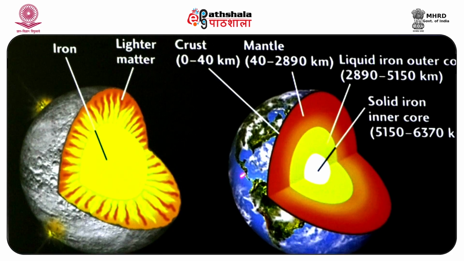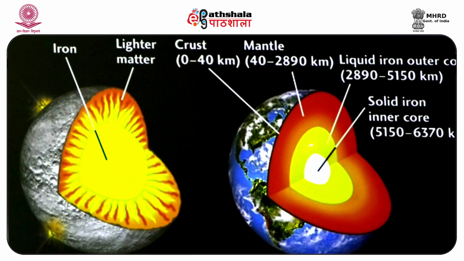So, the crust is the portion where we live. This is about 40 kilometers deep, and from 40 kilometers to 2890 kilometers we have the mantle, which is convecting, as I told you before, and then we have a liquid core